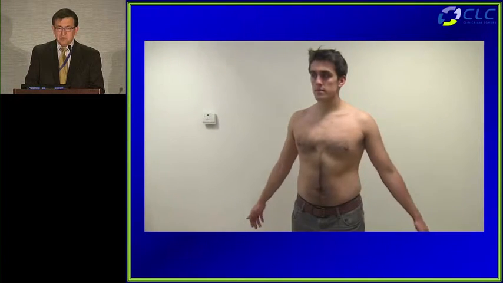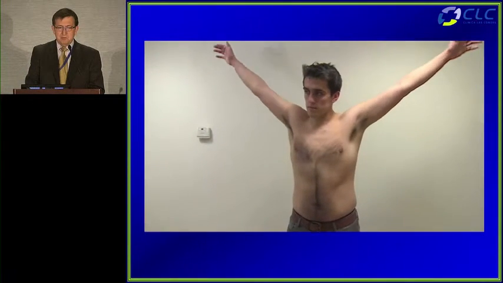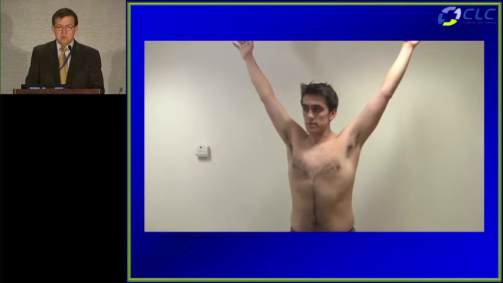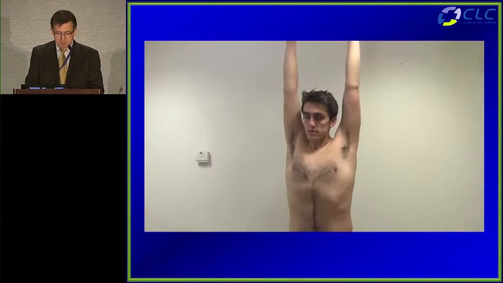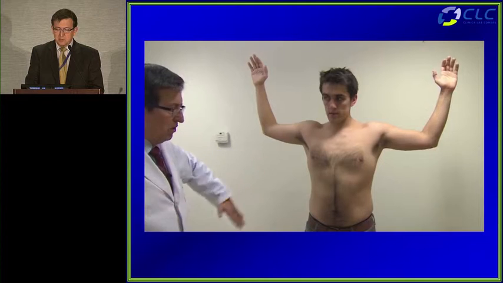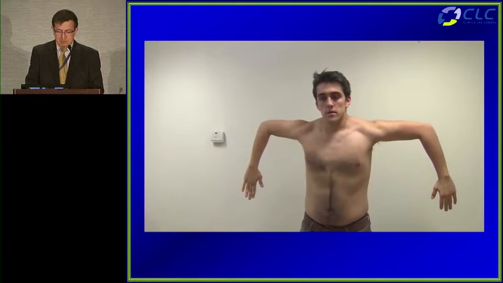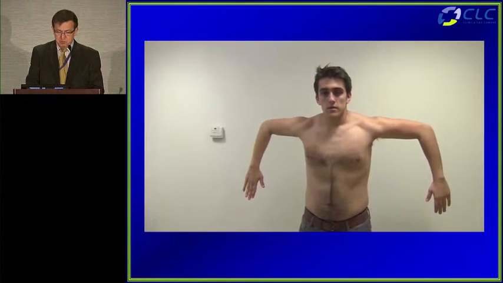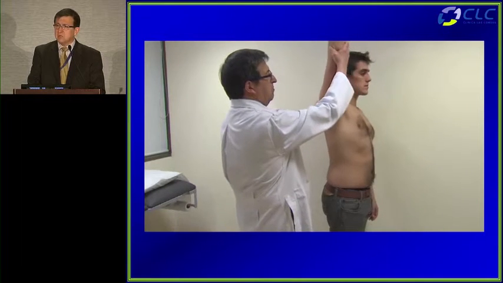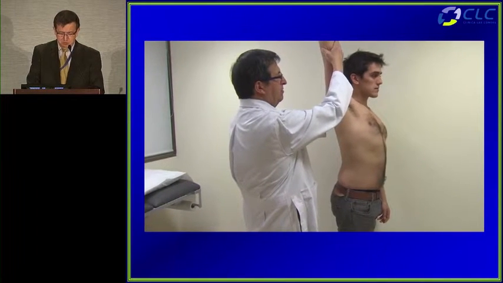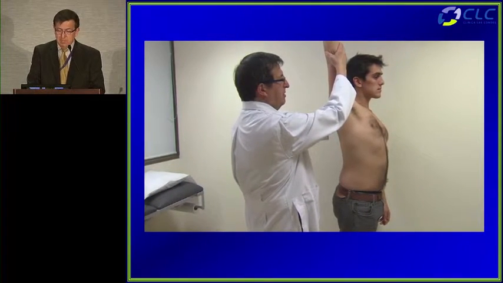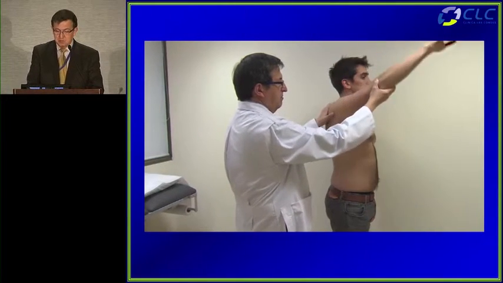Then we continue our exam with evaluation of the abduction, to try to get all the way up, in this case 180 degrees of abduction. And we end the active with the external rotation and internal rotation with the arm at 90 degrees. Then, with the passive range of motion, the forward elevation, in this case is normal